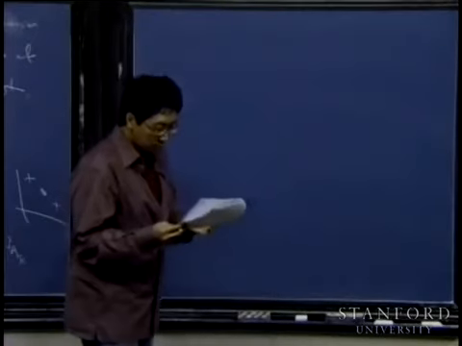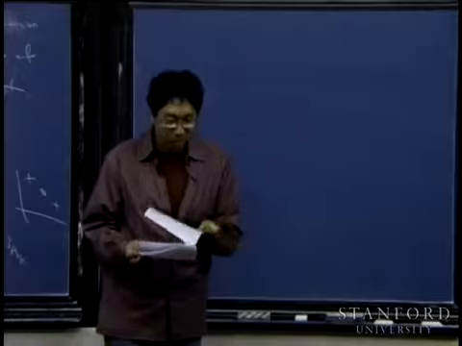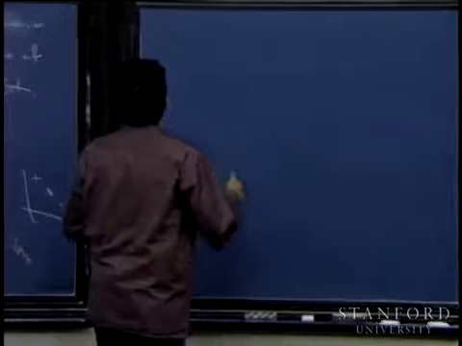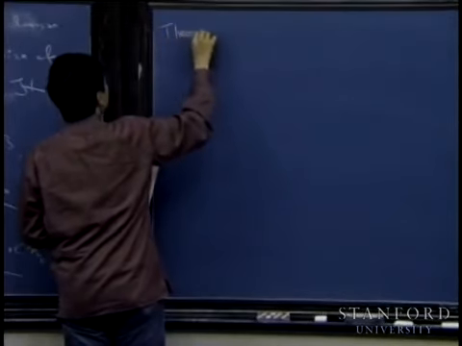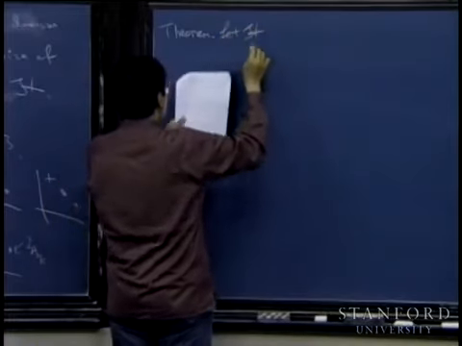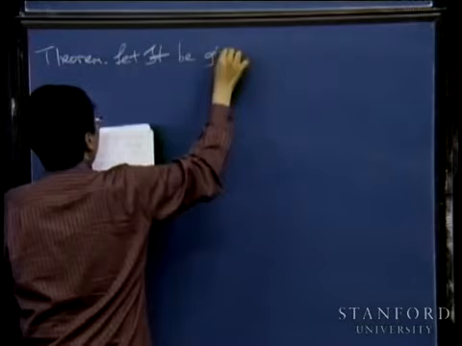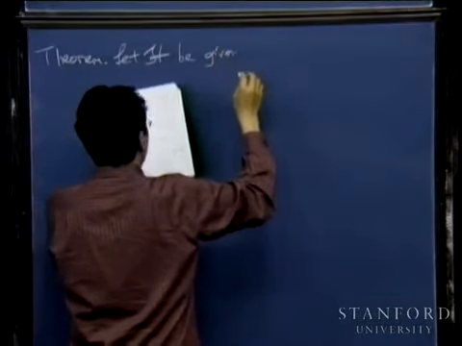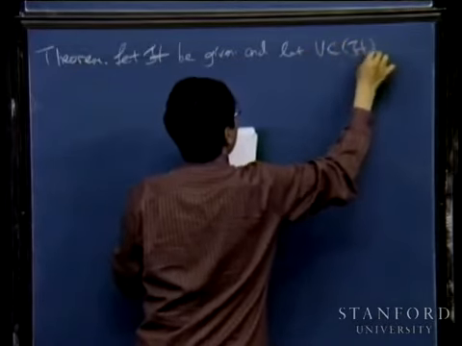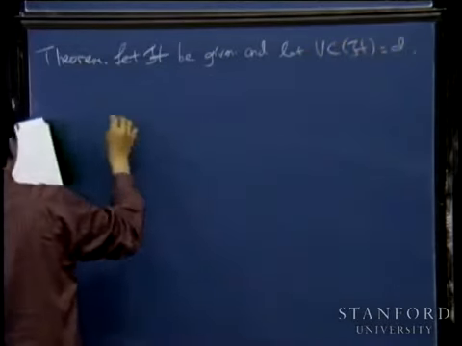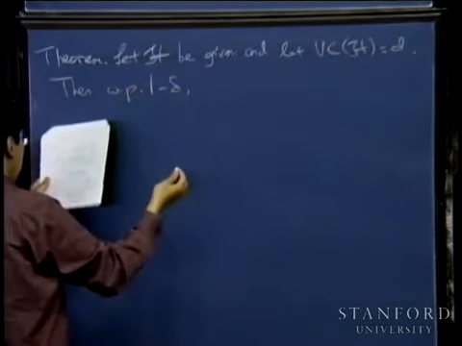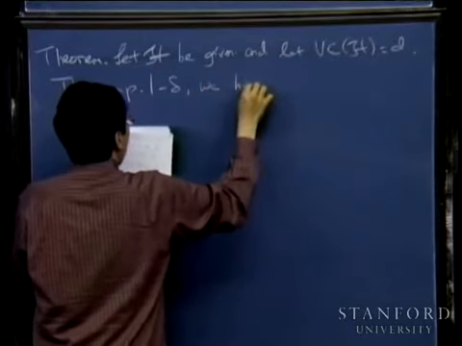So let me now write down what is arguably the best known result in all of learning theory, I guess. Which is that, let a hypothesis class be given, and let the VC dimension of H be equal to D. Then with probability 1 minus delta, we have that